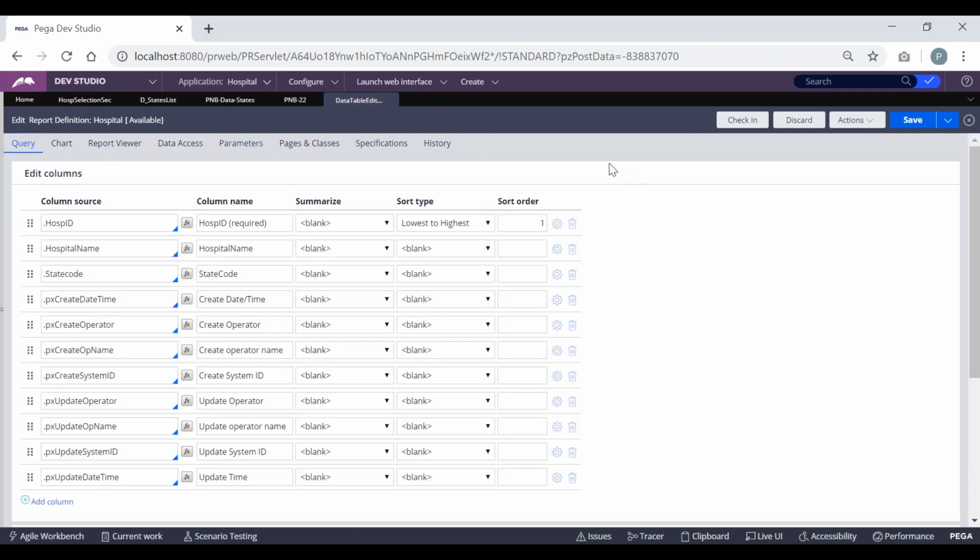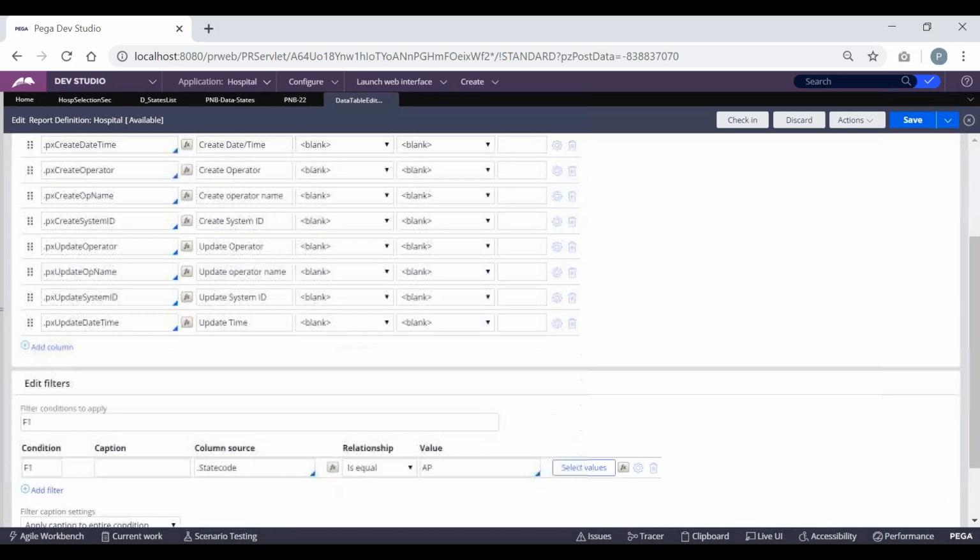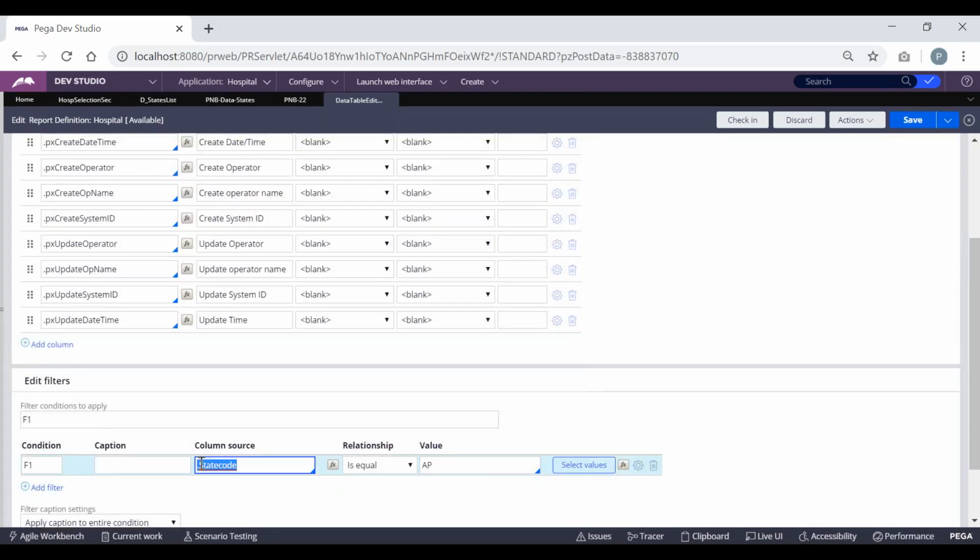So if I select AP, that value has to be passed as a parameter and that should filter the results. So what we have to do is apply the parameter value for the filter. Here we are using column source, that is state code, as AP. Based on the filter, we will get the results. Here AP is selected, so we get only the 10 results having state code as AP, but that is not our requirement. We should filter all the results using the parameter value. The parameter value in this case will be AP, and in the next case might be TJ or anything.